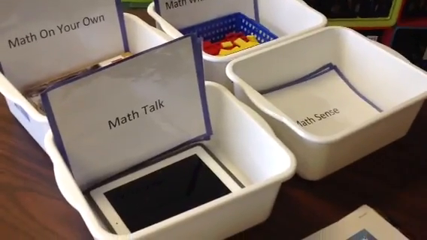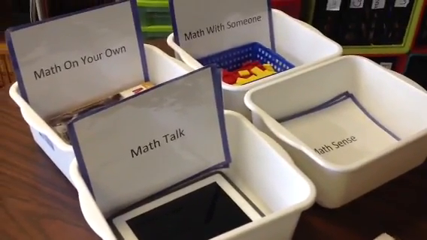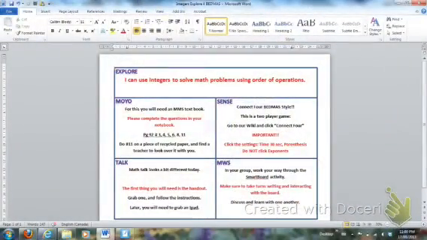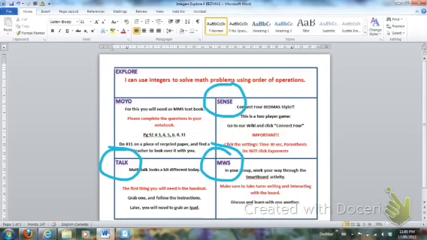They'll need computers, or we'll be up at the smart board doing different activities. The bins are just the continuity piece so the kids know what they need and where to get it. Continuing with planning and looking at Explore specific components: math sense, math with someone, math talk, and math on